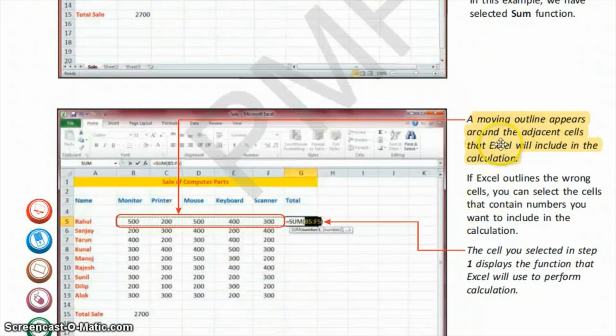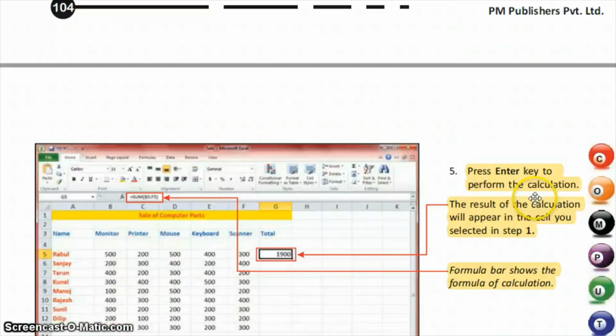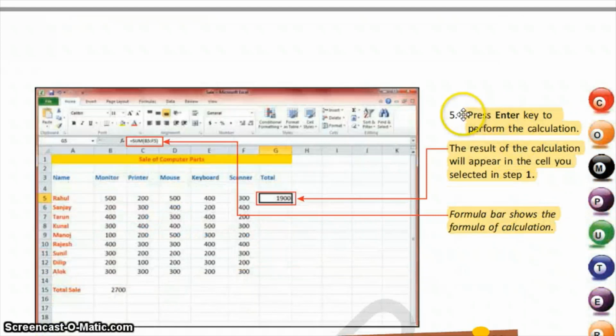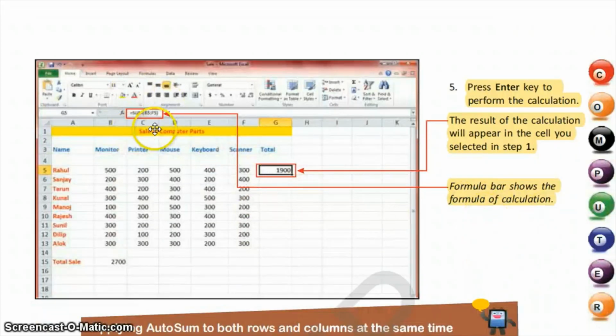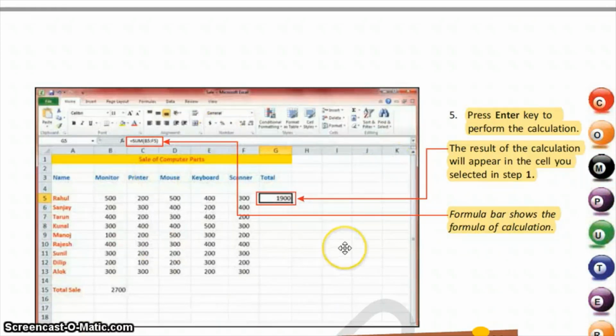A moving outline appears around the adjacent cells that Excel will include in the calculation. Then the next step is you have to press the Enter key to perform the calculation. The result of the calculation will appear in the cell you selected in step 1. Then the formula bar shows the formula of the calculation like here. So you just have to write the steps, no need of making these diagrams or drawings.